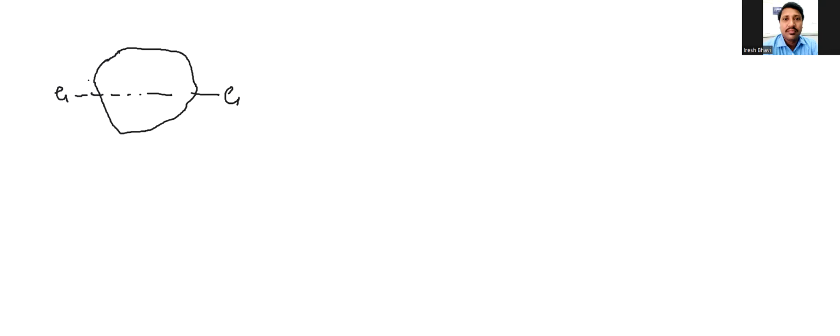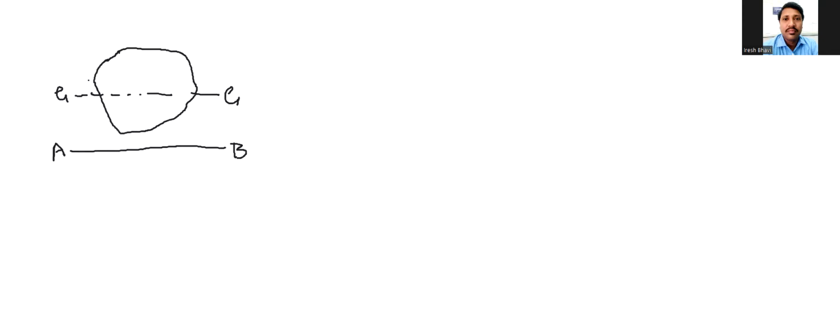Then let us consider that there is one more axis AB which is parallel to this centroidal axis GG. Suppose we want to find the moment of inertia of this area about this axis AB,